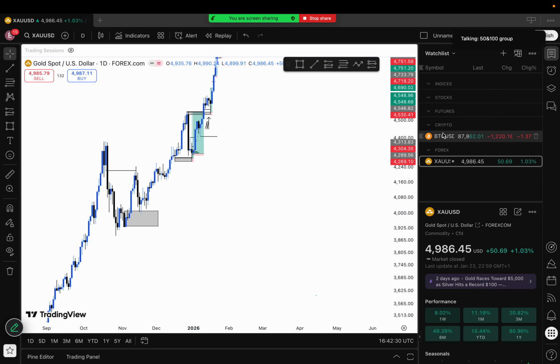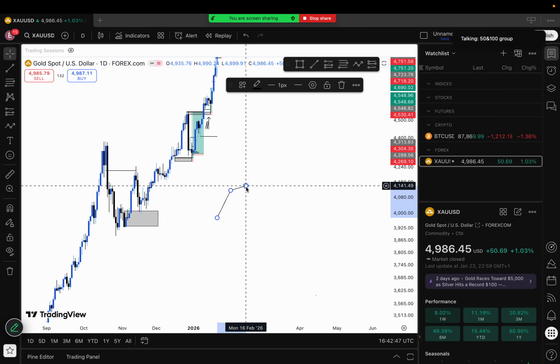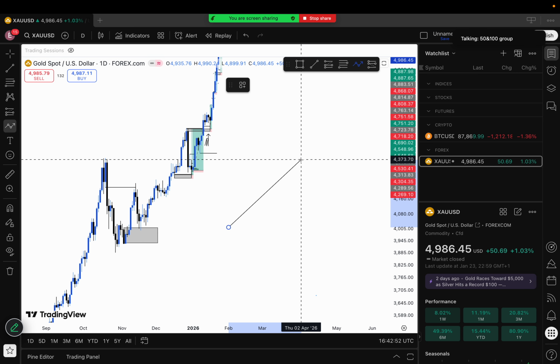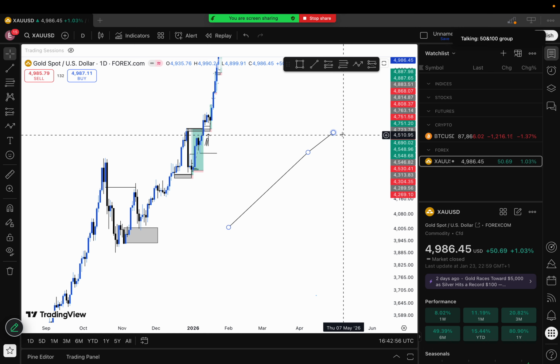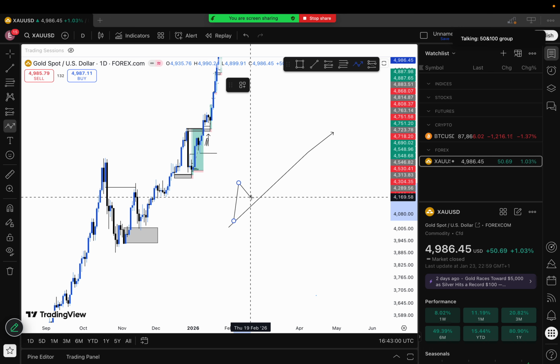You go to BTC, you go to your daily, 4 hour, look out for what the market is doing. Either you find your support and resistance level, use your trend line to join the lines. What is it doing? Use your trend line. Find out what the market is doing